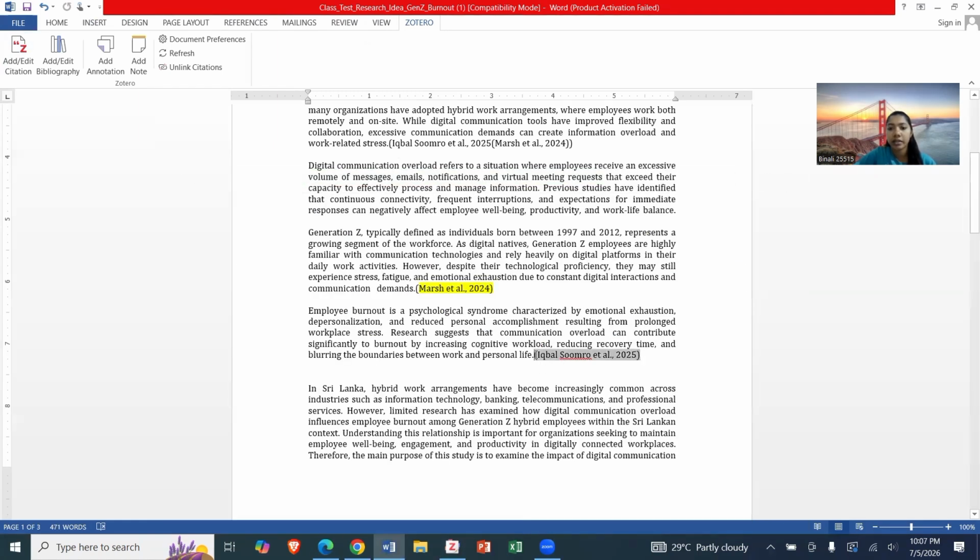So likewise you can put citations into the Word document.